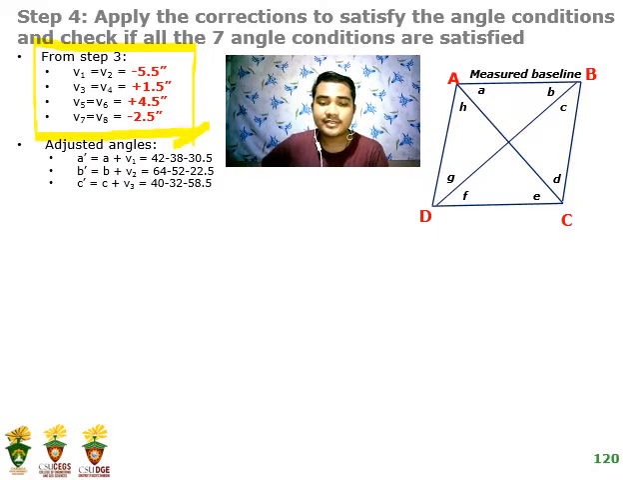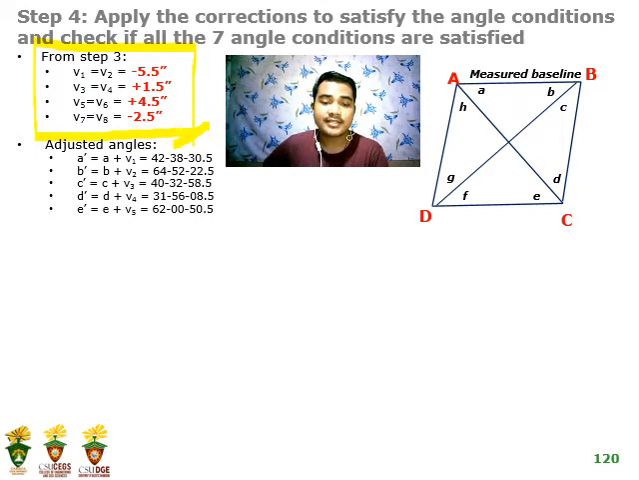For C prime, so C plus v3, no? v3 is equal to, or this v3 is 1.5 seconds, so we can have this value of 40 degrees, 42, and 58.5 seconds. As for D, the adjusted angle for D, we have 31, 56, 08.5, and for E, we have